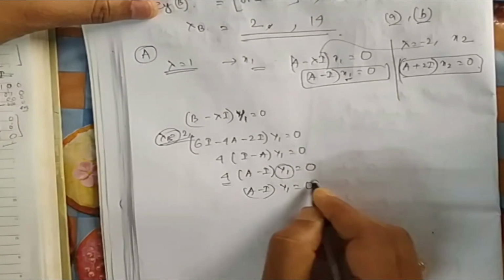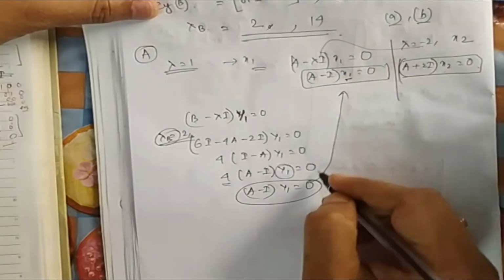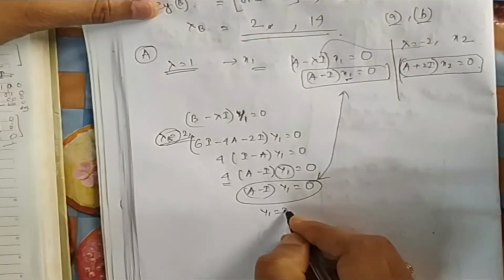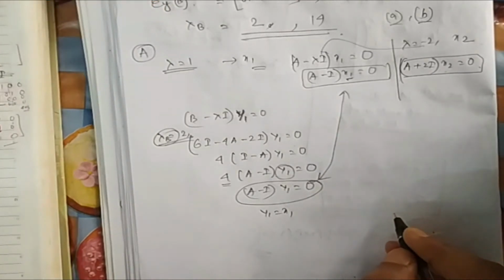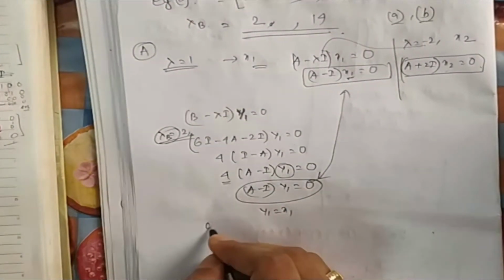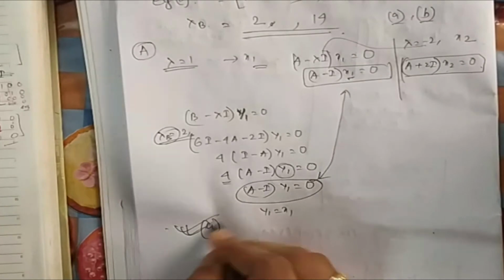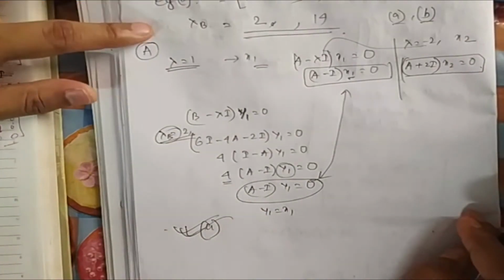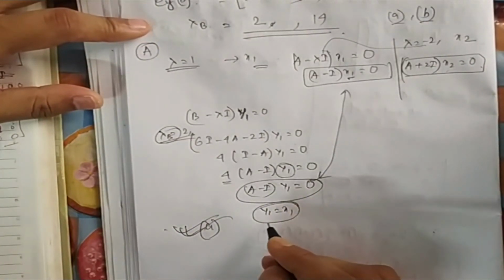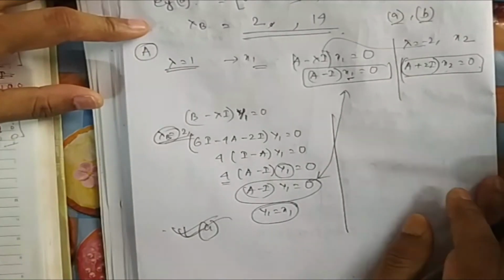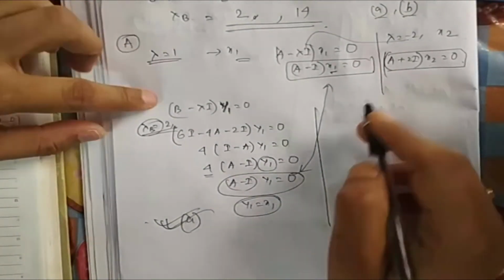What does it represent? If you look at these and these, similar expression, that means y1 is nothing but x1. So the one vector is obviously x1. So from here also you can directly write the answer, because the vectors are given as x1 and x2. So we got x1, obviously this will be the answer. You can check with this one also.